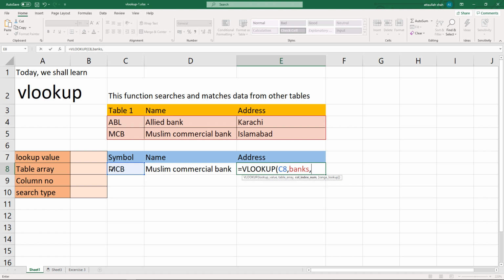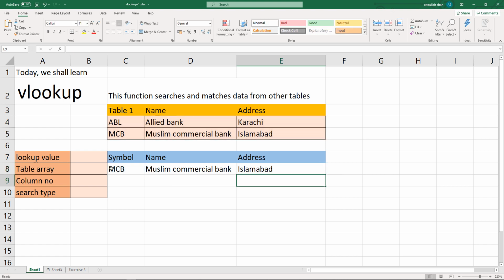From which column do we want to extract the data? It is column 3, and the search should be approximate or exact? It should be exact, so 0, enter. So we get the value for the third column. So MCB has an address of Islamabad.